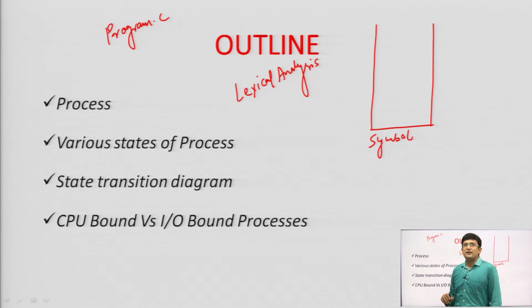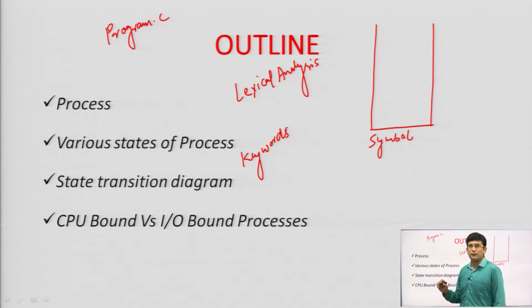The order of finding the different tokens may be different for different compilers, but the usual order followed is that we first identify the keywords. For example, if this is a C program, then integer, character, float, double, all these are keywords. For, if, continue, break, these are keywords. The compiler tries to identify these tokens. Internally, this is done through the state diagram, or you can say the DFA, and it is implemented through the tries. So, keywords have been identified.